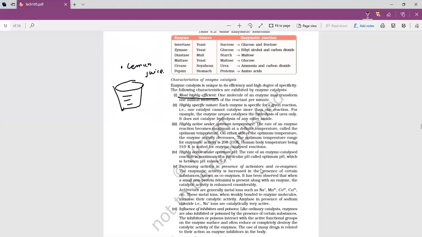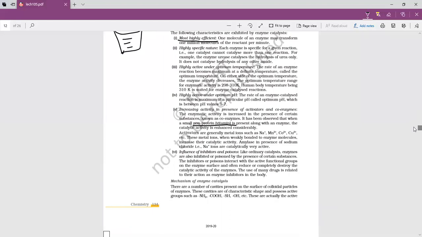Next, increasing the activity of activators and coenzymes. As I told you that these coenzymes are non-protein part of the enzymes and they are mostly vitamins. So these help to enhance the activity of the enzymes. When a certain enzyme works for longer time, then wear and tear of it takes place because it is also proteinaceous. These activators are nothing but the cofactors which I said. These are metal ions. This we get from the minerals.